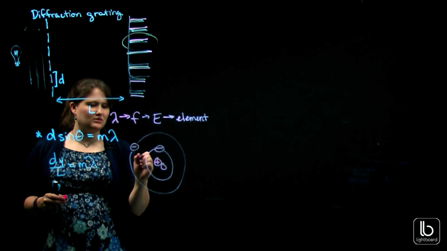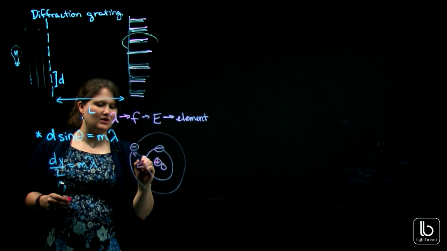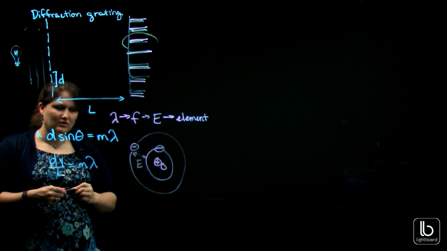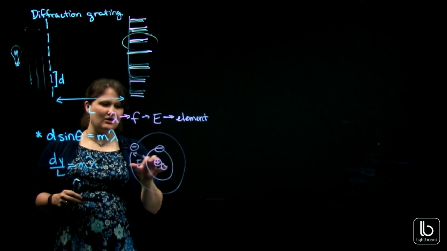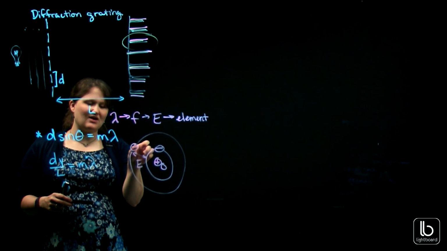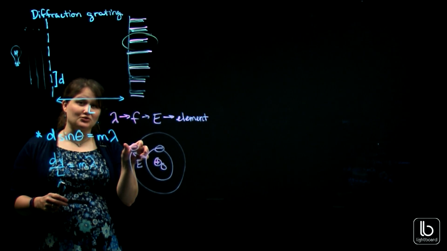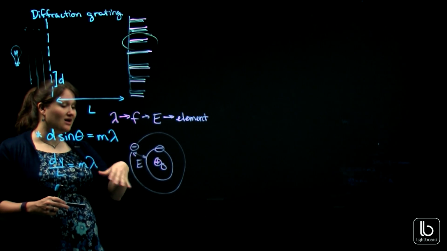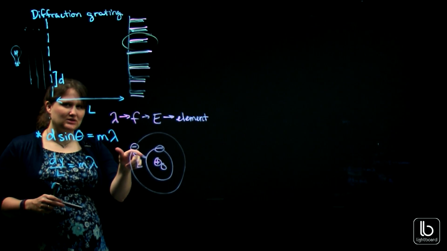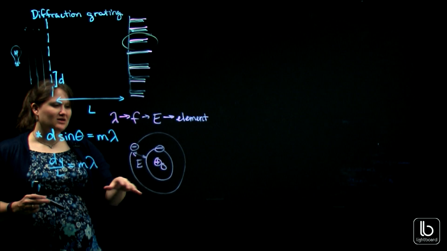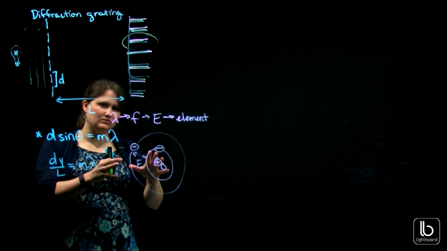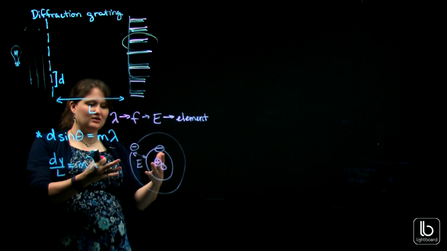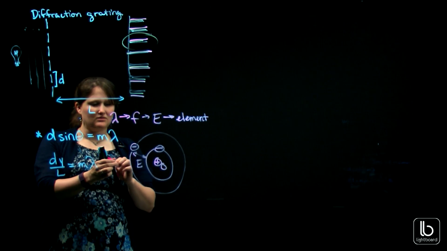Electron orbitals have very specific amounts of energy. And depending on the element, you're going to have a different spacing between your orbitals. You're going to have a different energy between your orbitals. So if you have different energies, say you hit this atom with some light, and it pops,